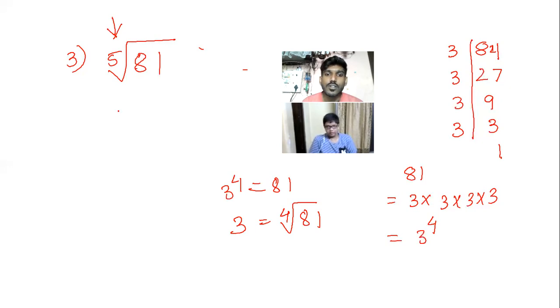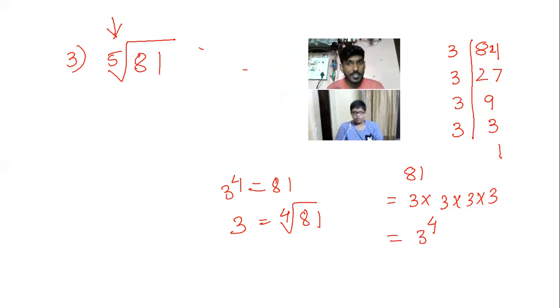Fifth root it is. So can you tell me, will it be a surd or will it not be a surd? It will be a surd, correct. So the fifth root of 81 is a surd